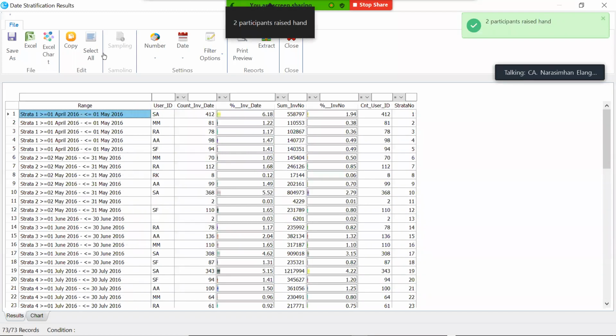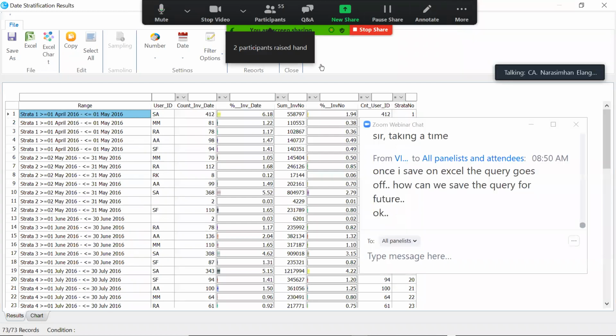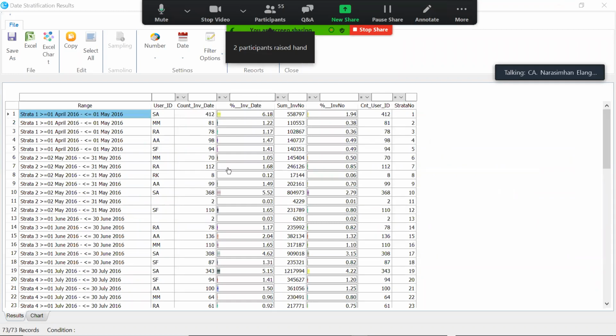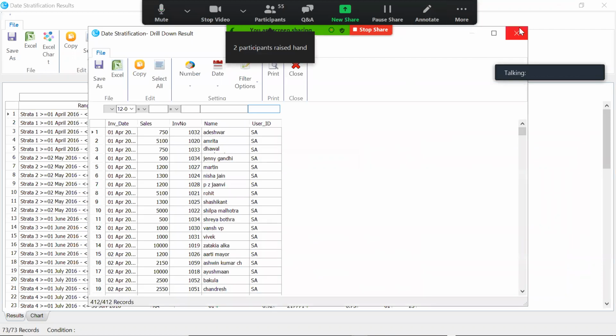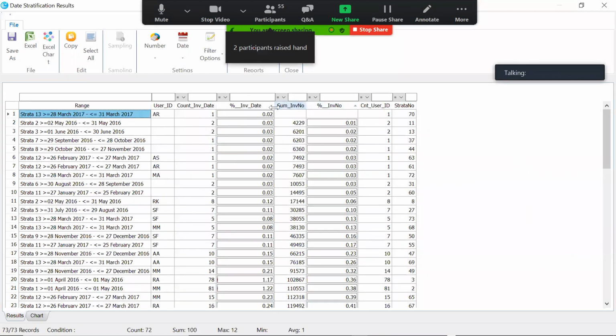Couple of participants have raised your hand. Is it some clarification or is it by accident? If it is accident, no problem. If you have clarification, drop it in the chat window. Okay.